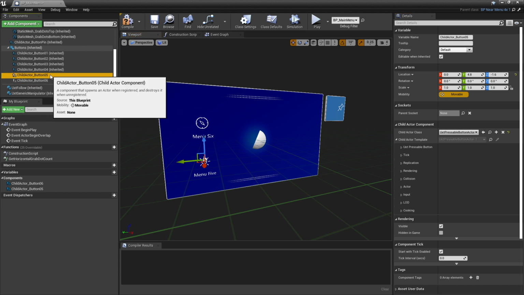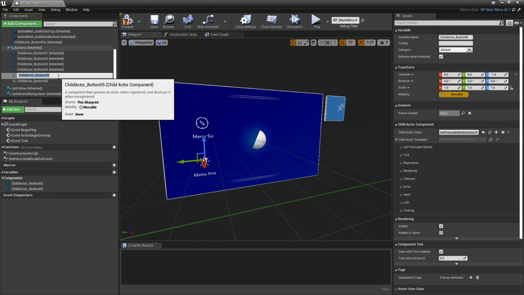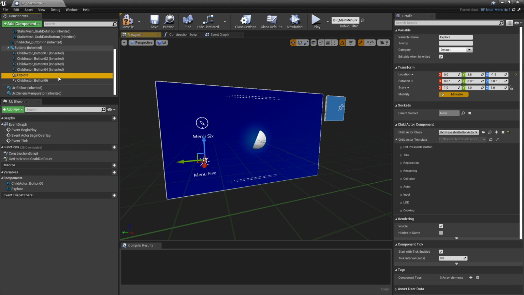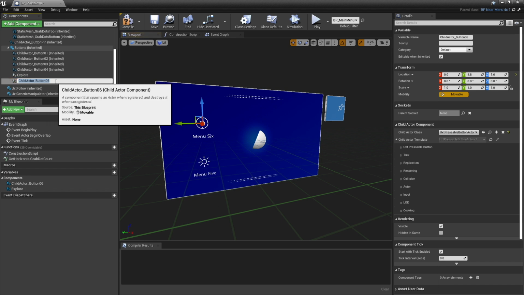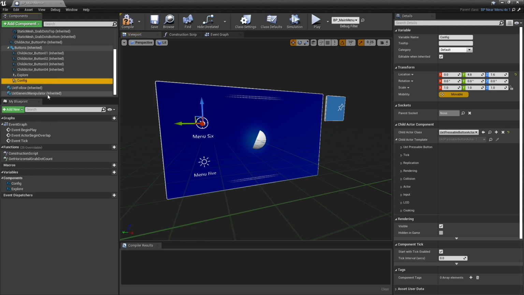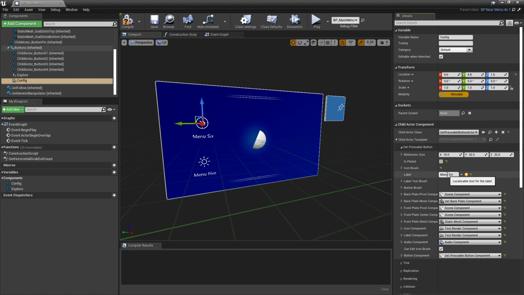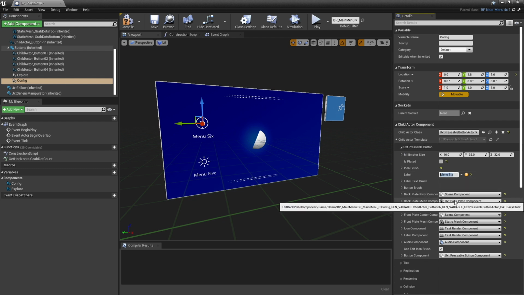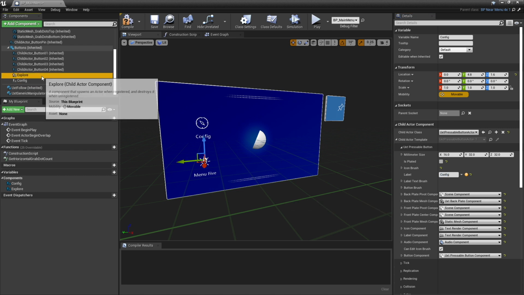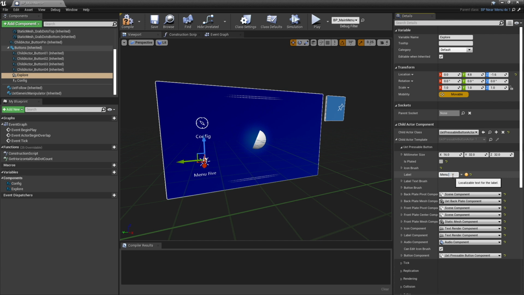So now, let's give these a name that means something. Let's name this one Explore, and let's name this one Config. All right. And then, if we go into the child actor template, we can actually label the button here. So this one is Config, and this one is Explore.